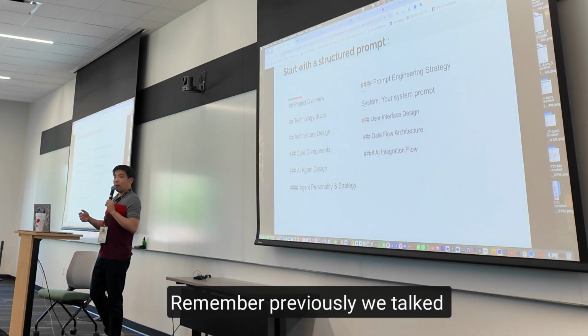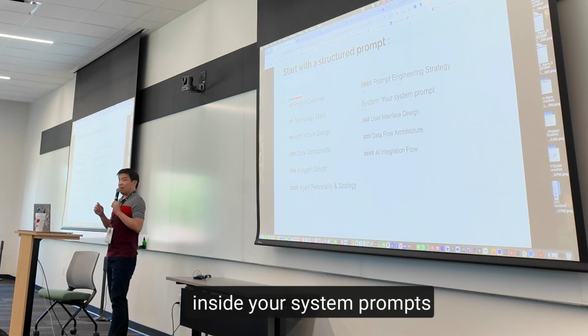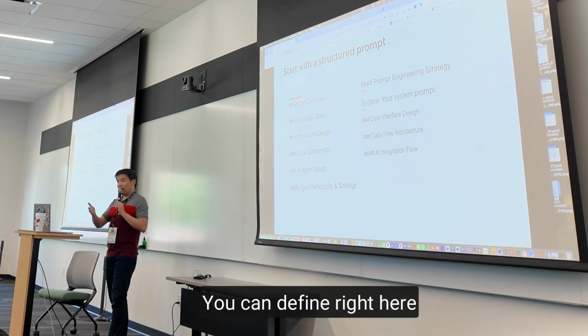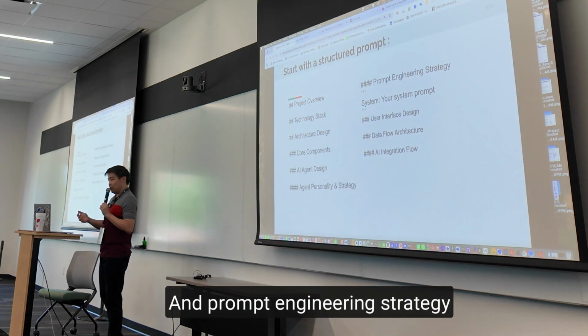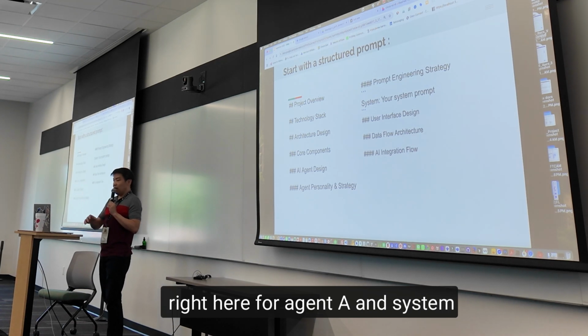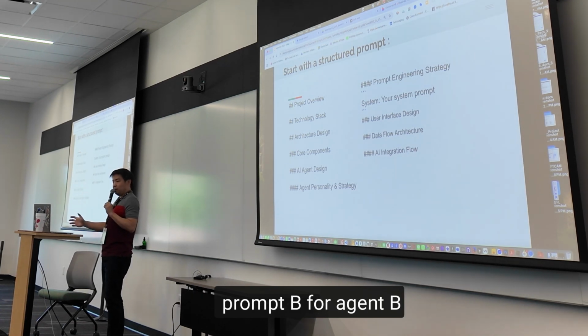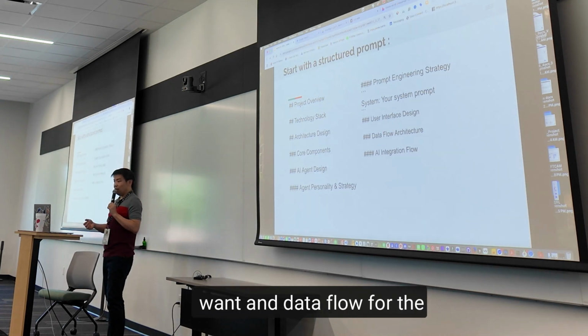Remember previously we talked about group chatting. Each agent has its own personality. Inside your system prompts, you can define it right here. And prompt engineering strategy. For example, here I put in a system prompt for agent A and a system prompt for agent B. And what user interface, of course, what kind of user interface you want, and data flow